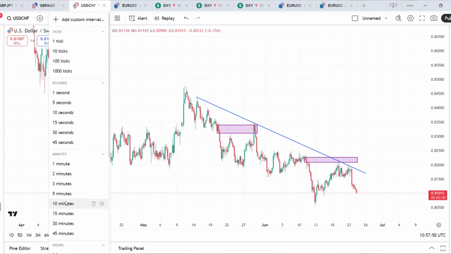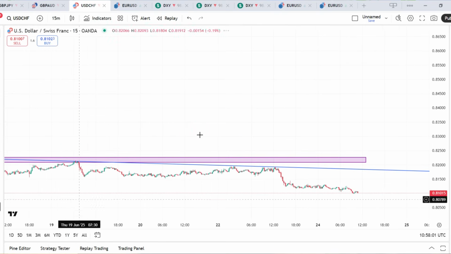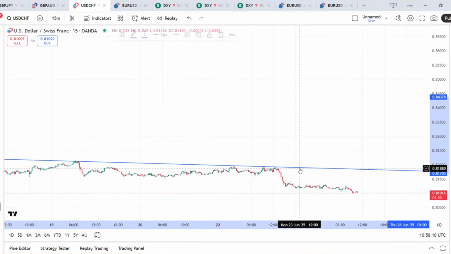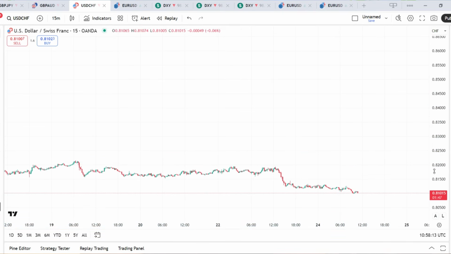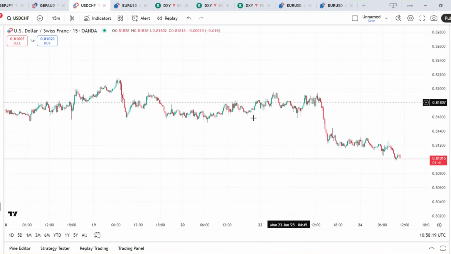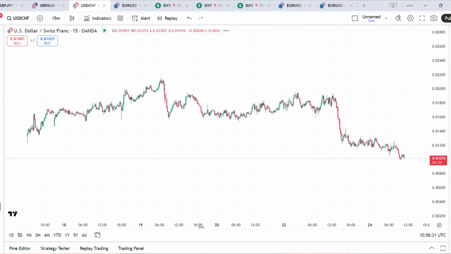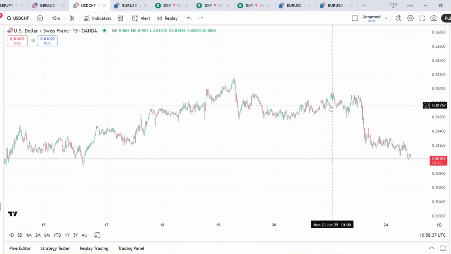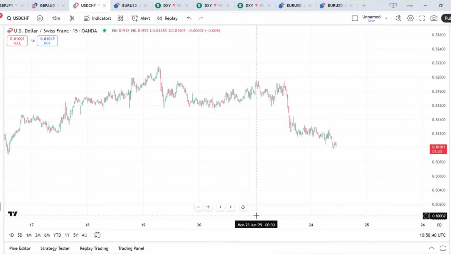So you go on M15, right? This is our M15. That is USDCHF. You go on M15, and what do you do when you get to M15? Right, if you remember, this was our zone. So when you go to M15, I need you to check that after those control shift candles, at that time the market was going up, right? And it started doing this. I need you to see that the market was going up here until it got here, right? I need you to see that at this point,